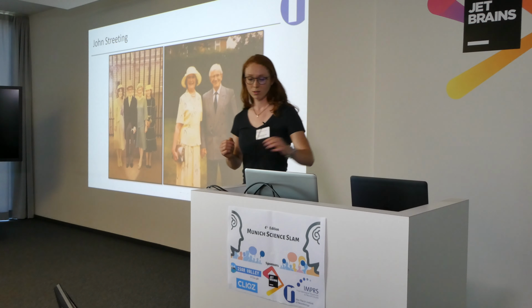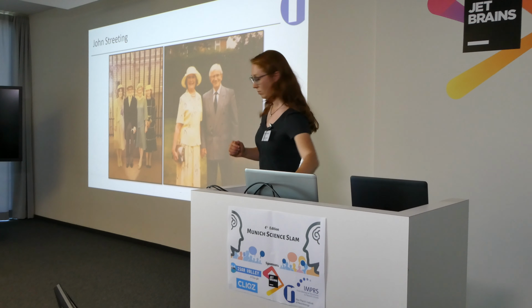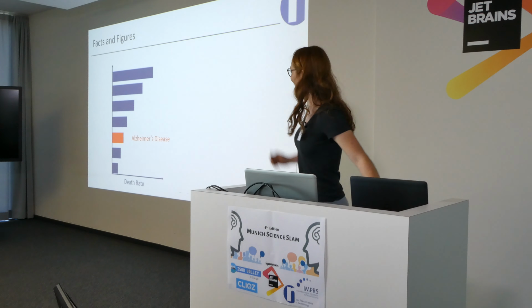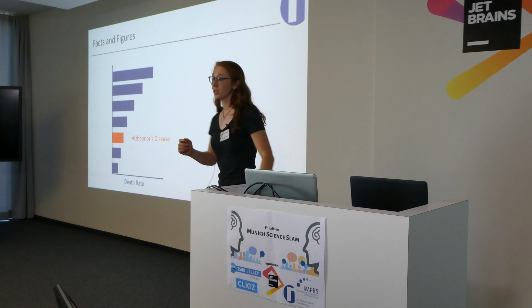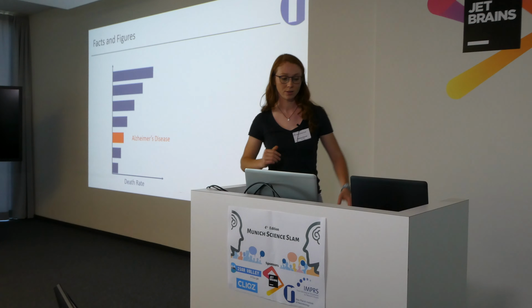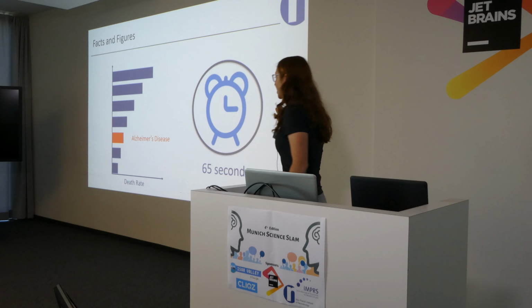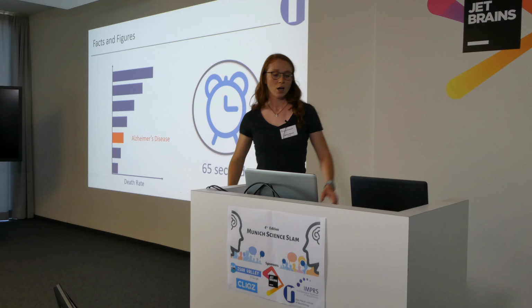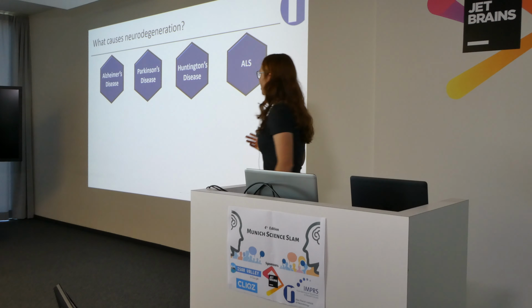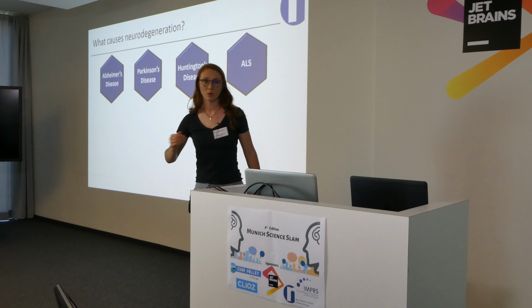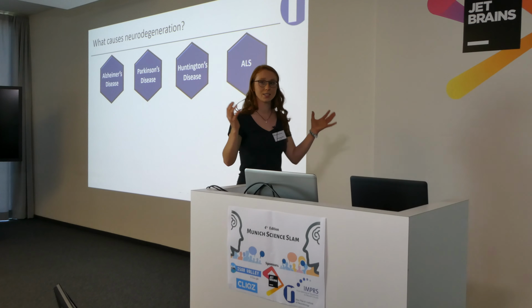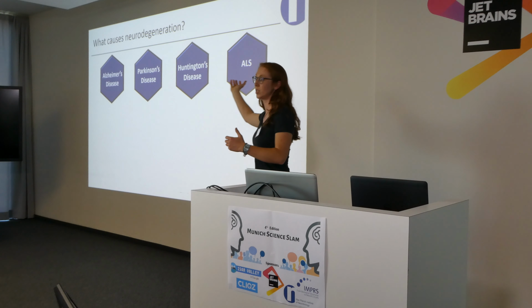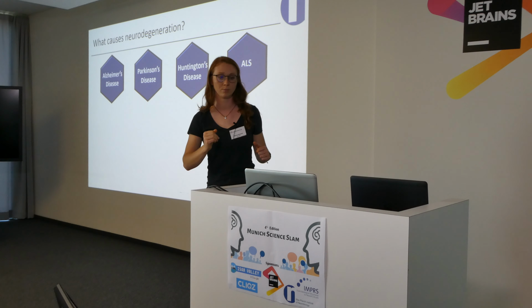And this is because Alzheimer's disease is a major problem. In fact, it's the 5th leading cause of death globally, and on average, every 65 seconds, someone is diagnosed with Alzheimer's disease. But of course, Alzheimer's disease is not the only neurodegenerative disease out there. In fact, the list is extremely long. For example, you may recognize some of these here. Parkinson's disease, ALS, this is the disease that affected Stephen Hawking.